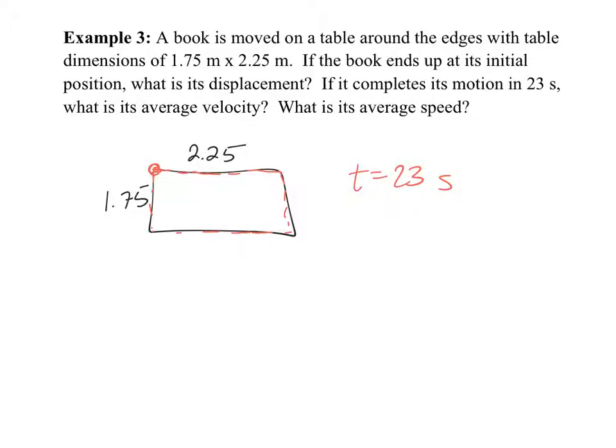Overall displacement: zero. Thank you, Steve. Why is it zero, Steve? Yeah, you ended up back where you started. What's the distance traveled? So we know that the displacement is zero. That's the first question. What's the distance traveled, though? How far physically did this book move? Follow the path taken.